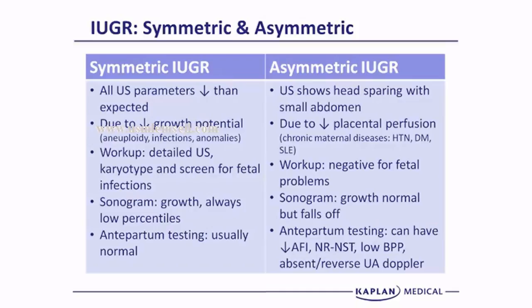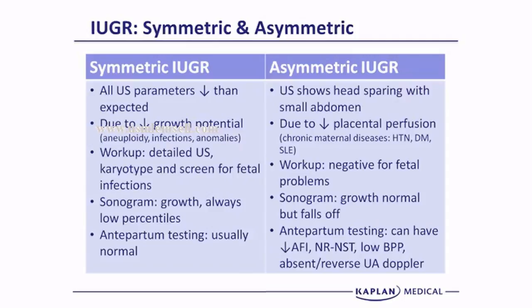But with the asymmetric IUGR, the ultrasound shows head sparing because the brain is not affected to the same degree as is the liver, but the abdomen is small. This is due to decreased placental perfusion, chronic maternal diseases. We talked about hypertension, preeclampsia, diabetes, systemic lupus. The workup in terms of karyotype, infections would be negative. The ultrasound often will show normal growth earlier in the pregnancy